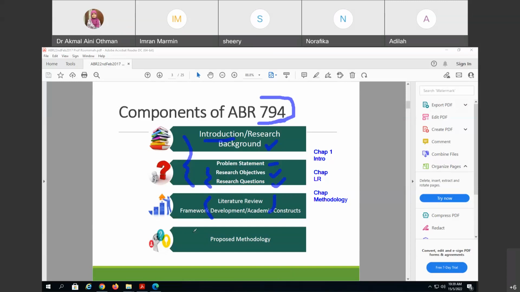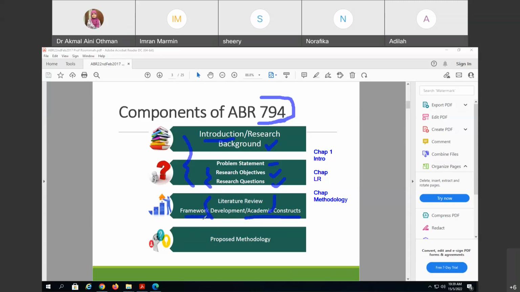Okay, so the beauty of applied research ni, you're not only confined with just one particular approach in understanding the problem by carrying out, mungkin contohnya, survey. You may add on with other tools, kita panggil sebagai business tool. And apparently, they call it as academic construct, plus with maybe you have framework dalam survey yang you study, yang